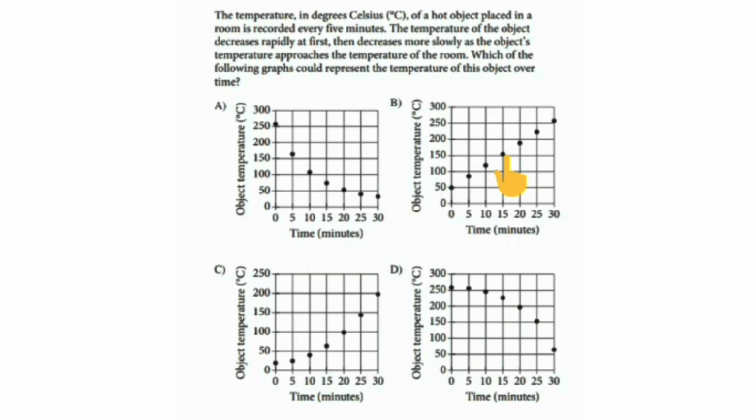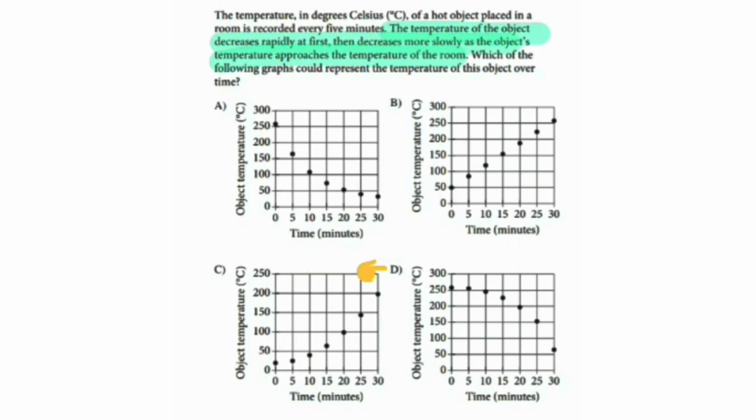Now if we analyze C, C also shows something similar. A slow increase and then a rapid increase. Slowly the height of the dot increases at first, through the third, fourth and fifth dots, then the height of the dots increases rapidly. Now if we analyze D, what happens in D?